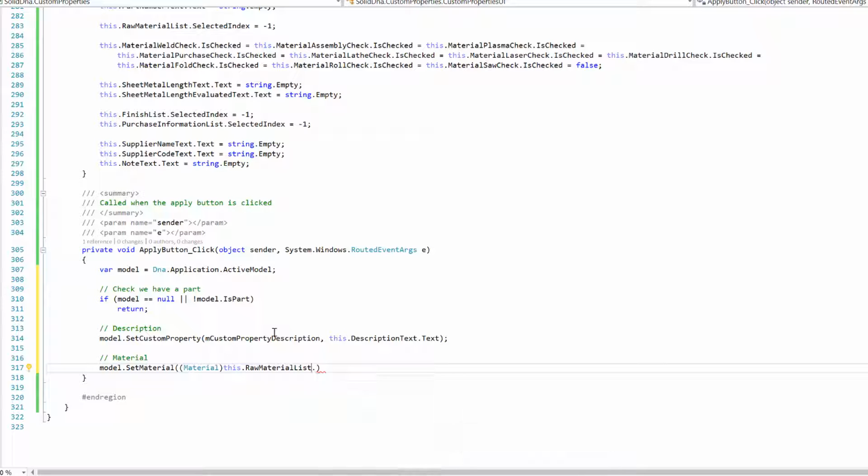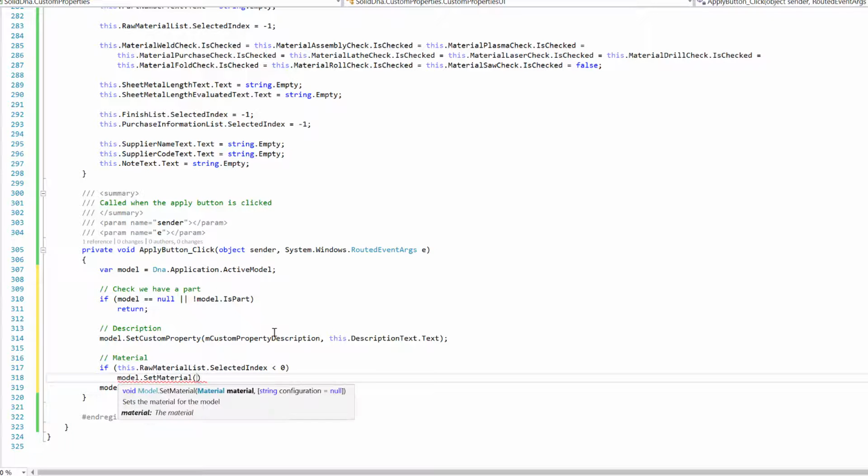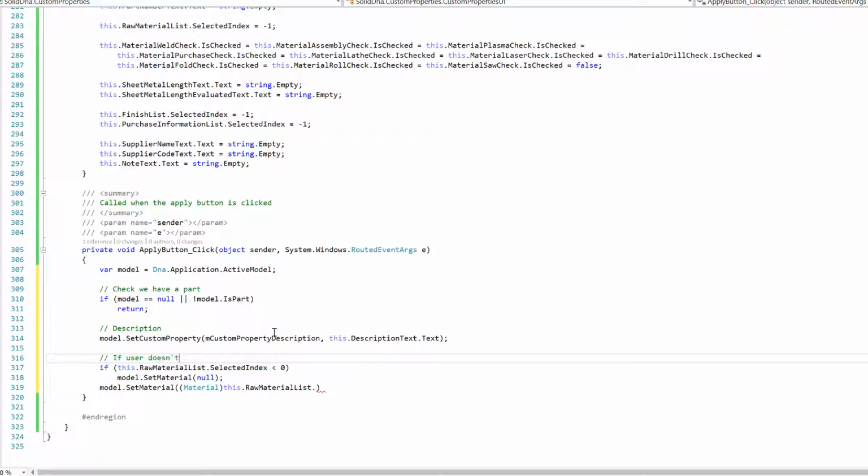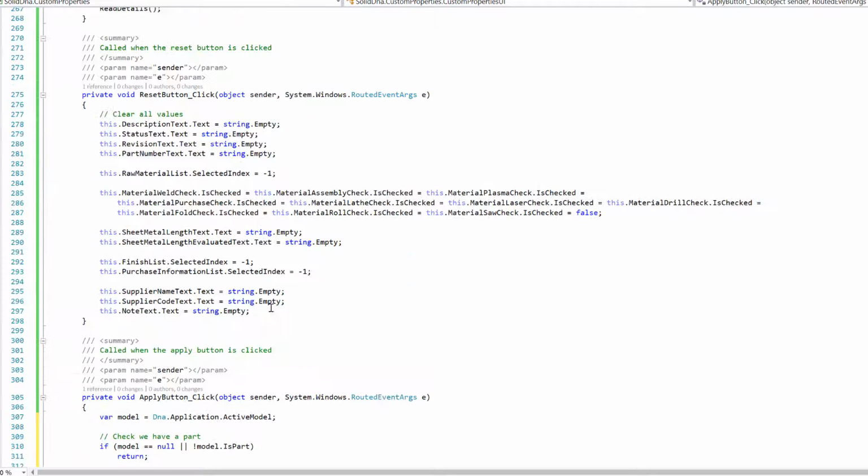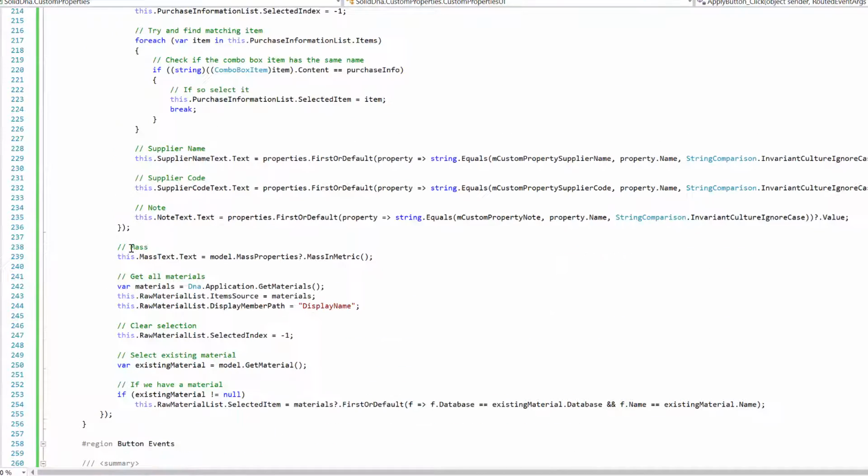Well, actually no, let's just do if this dot raw material list dot selected index is less than 0, so if it's not got anything selected, we'll set the material to null. We'll clear the material. If user doesn't have a material selected, clear it. That also brings me to another point just before we finish this, where we load the material